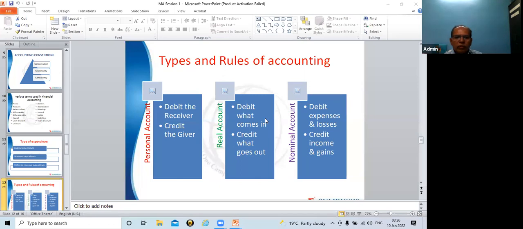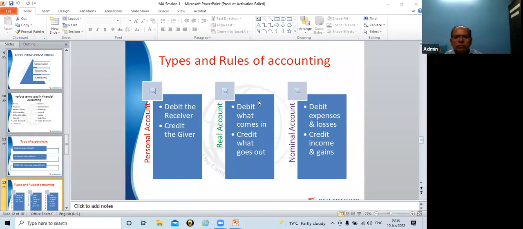Now we will go to the next part, that is steps, as I showed you earlier. Now we will follow these steps after understanding types of account and rules of accounting. I'm pretty sure that you all are aware of the types of account and the rules of account. Before I move to the next slide, if you have any doubt, I am waiting for your signal. If you do not have a doubt, still you can give me your signal.